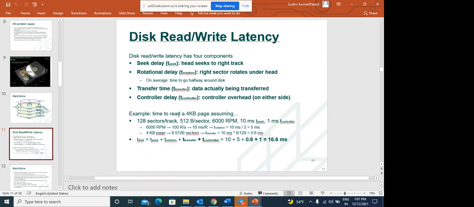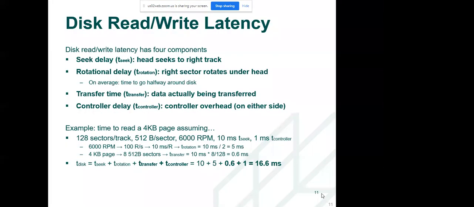So, an example: the time to read a 4 KB page. These questions might come. Why is a page mentioned? Can you say why a 4 KB page is mentioned? Because they want to get that particular data.